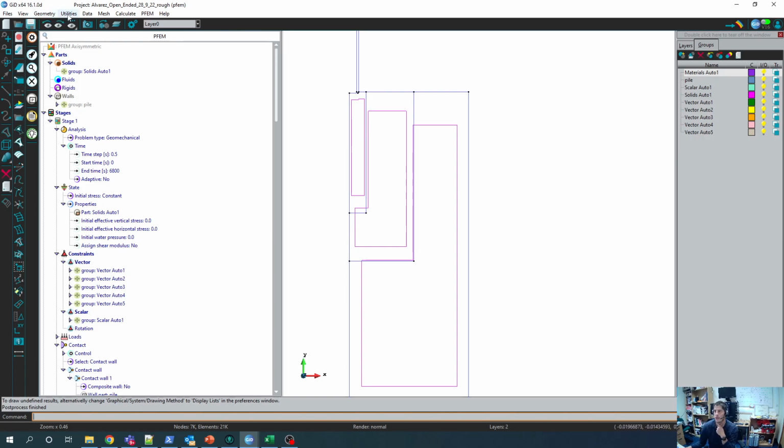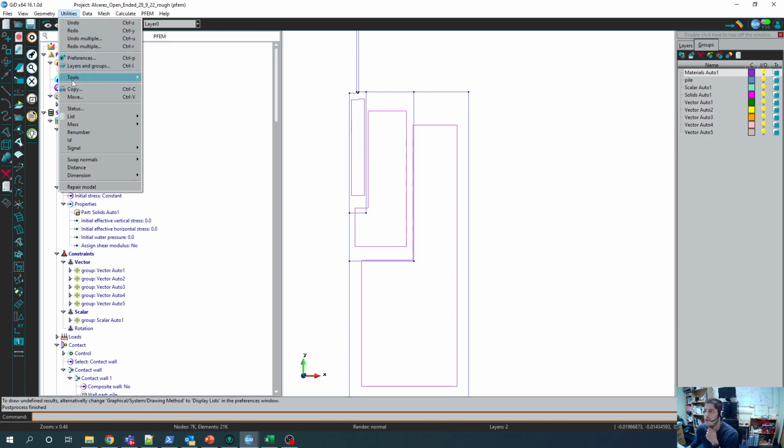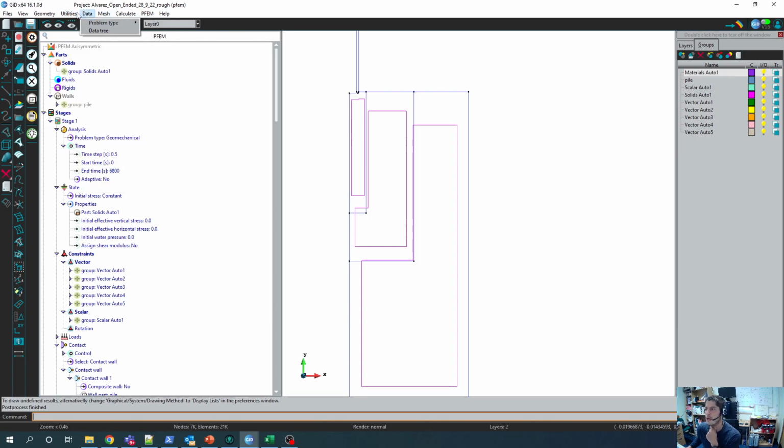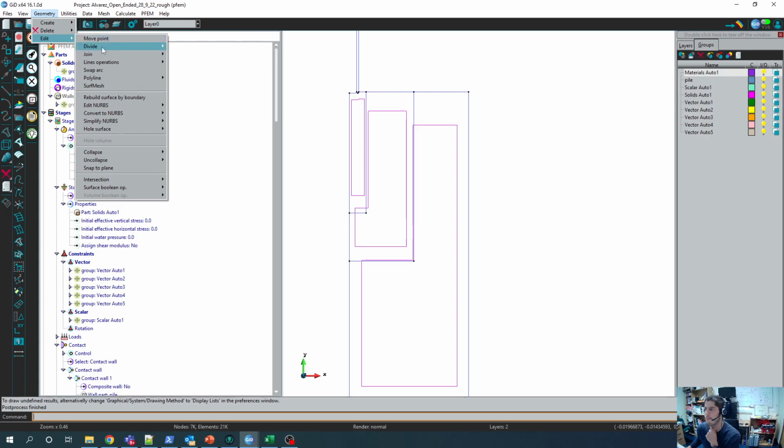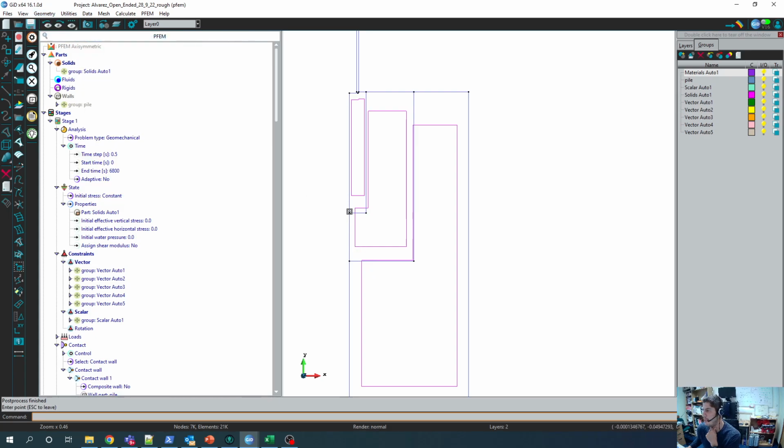So if I do utilities, tools, geometry, edit, move point, I select this point here, and instead of being at a depth of minus 0.05, I put it to a depth of